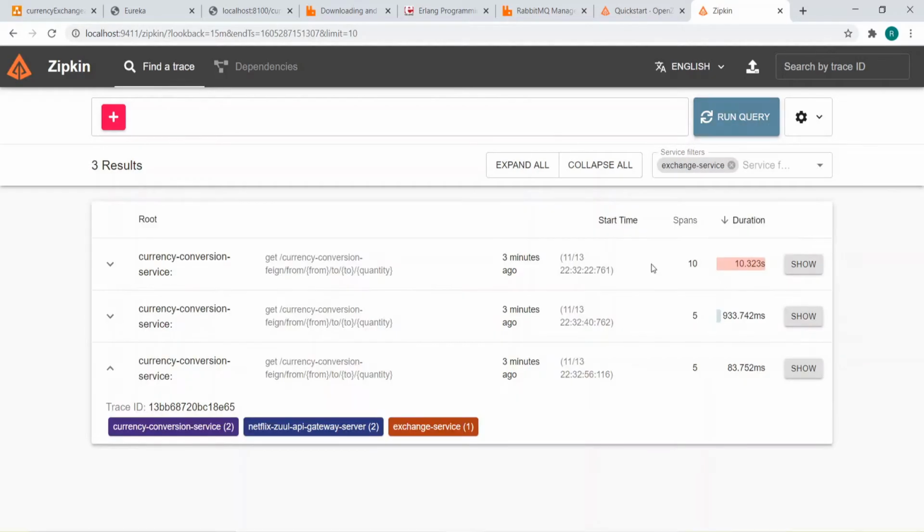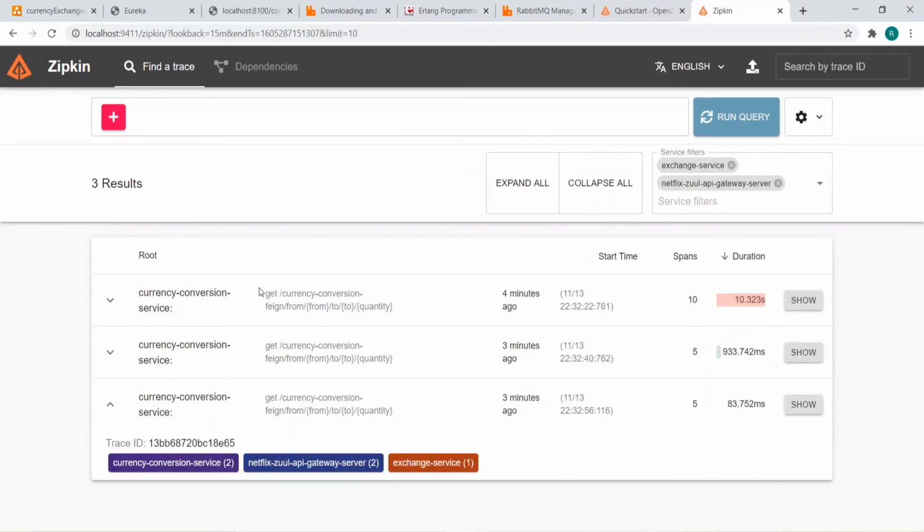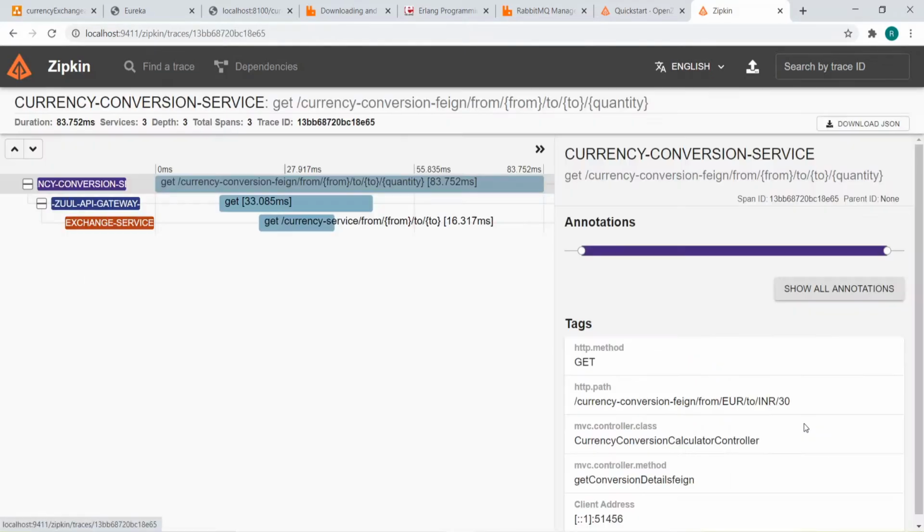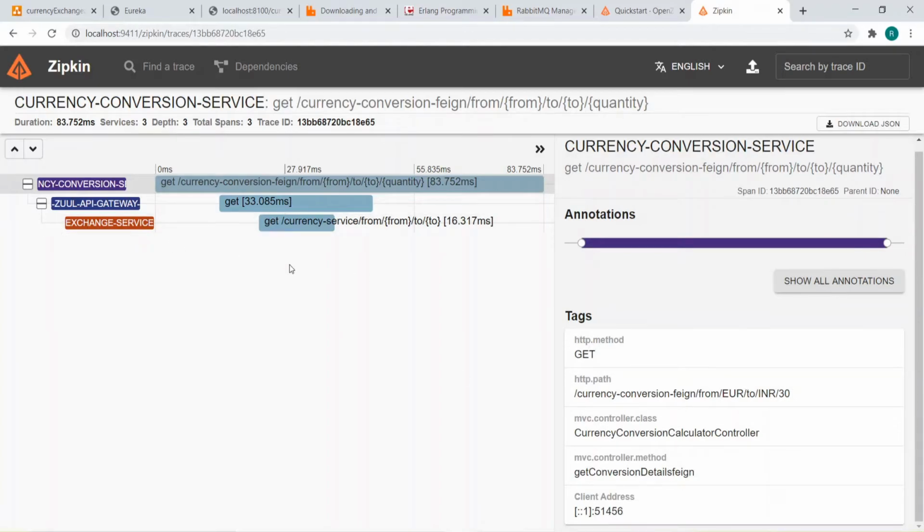Okay, the filter all, run query, okay, it's coming, Zuul API gateway server, the results are coming. Thereafter you can click on anything like show, and if you see here, all the traces and the logs are coming at this place.